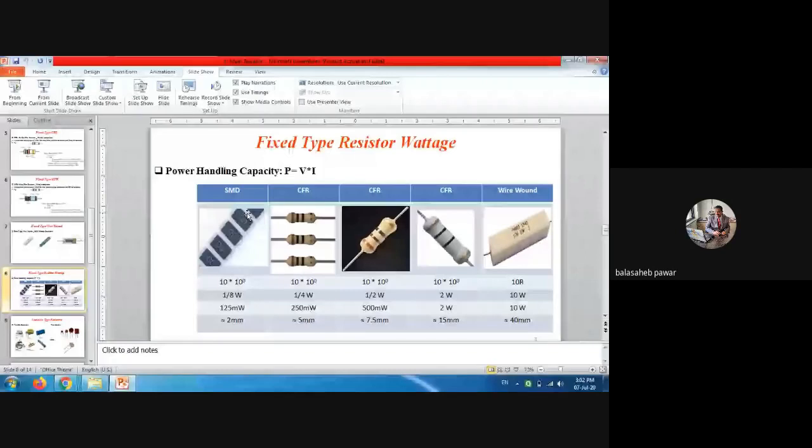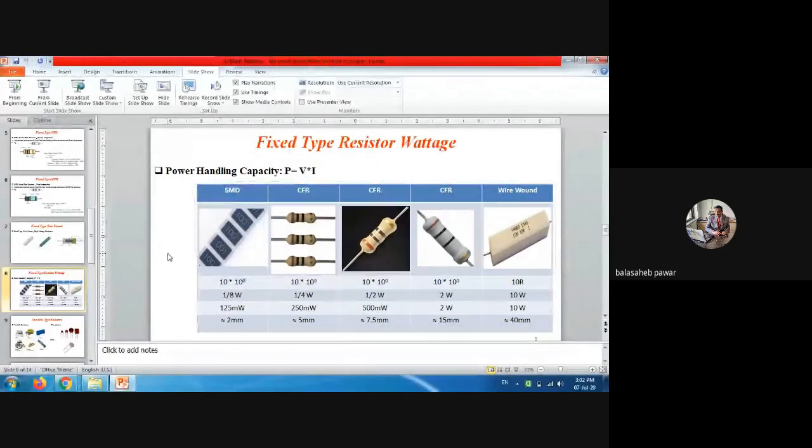This is a resistor having its value as 100. What is meant by that 100? Again, the calculation part is very simple. Just take two digits as it is, that is 10, into, again 10 is compulsory over here also, into 10 raised to the third digit, that is 0. Clear? 10 into 10 raised to 0. 10 raised to 0 means it is 1. So the resistance of this resistor will be 10 ohm.